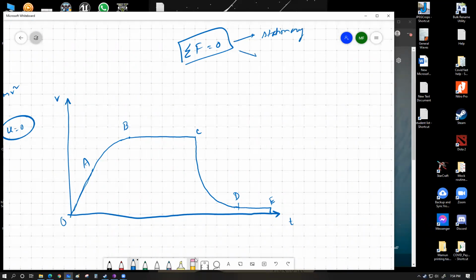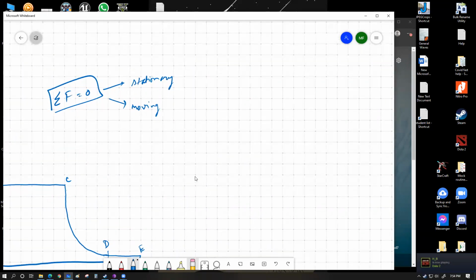A moving object can also experience resultant zero force. That's also very much possible. What's the most common example that I could possibly give you that a moving object can experience zero resultant force? Here's the case. To give you an idea of this, I'm going to take a bit of discussion for